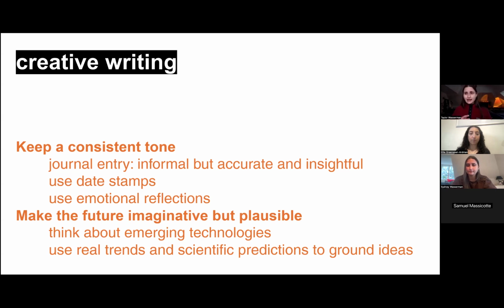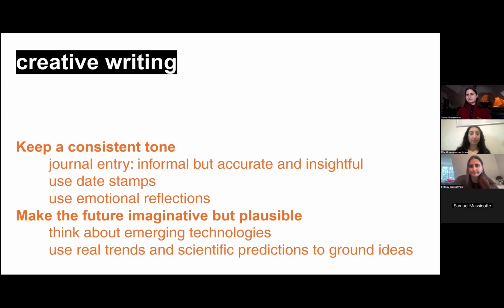You can use date stamps for the context to keep yourself in line with an understanding. Make sure the audience understands where you're at. Include hints to allow them to follow if you're telling a story. And we said emotional reflection. So if you're going to be the same character from all three journal entries, make sure that's obvious in maybe the way you communicate. That can be clear based on the language you use, or maybe an expression that you use, or the introduction, things like that. And the last point here was just,